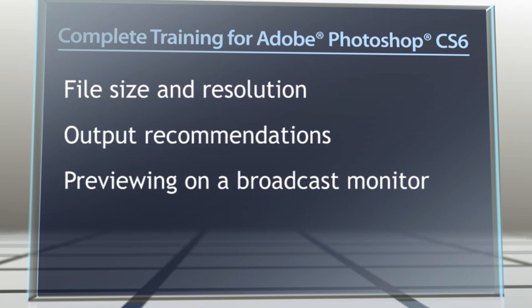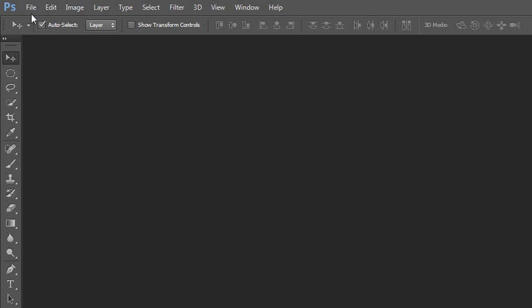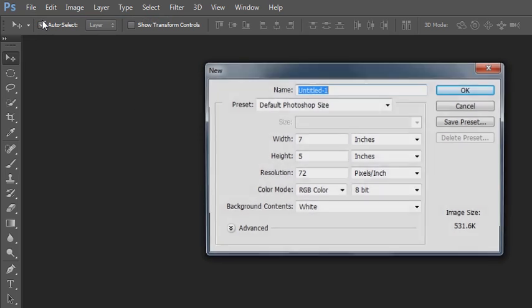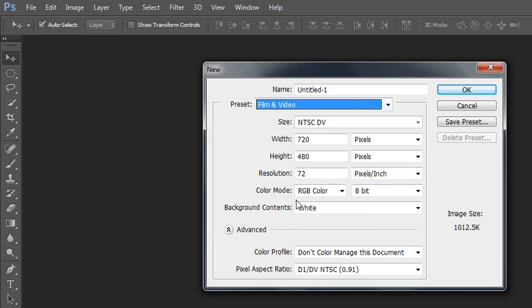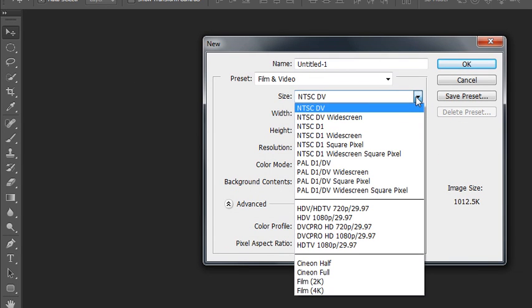To create a new file for video, just like creating a new file for anything else, go to your File menu, choose New, but in the preset, you're going to choose Film and Video. There are a bunch of other preset options under the Size menu. The main difference between these is the pixel size and the frame rate, which differ depending where in the world